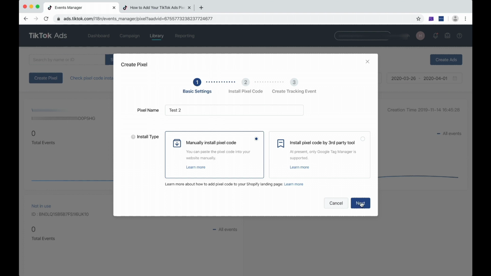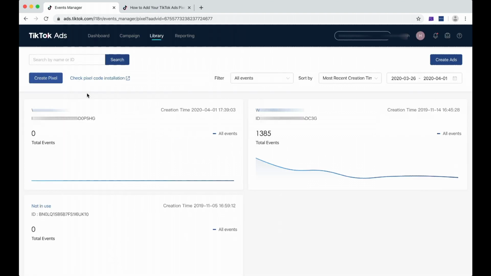Then you can click on next. By clicking on next, you will get the pixel code. You need to copy that code and put it up on your website. I'm not clicking on next right now because I do not want to create a new pixel since I already have a pixel. So just copy that code and put it accordingly on the website. After that, there's an option where you create a tracking event. So when I go here,